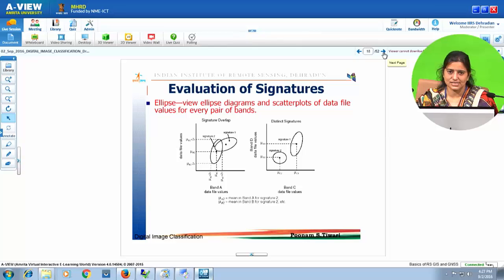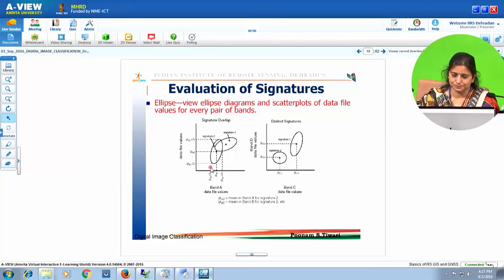Once we have collected the signatures, it is very important to evaluate whether the signatures are good enough for classification or not. A very basic method of evaluating the signatures is by drawing ellipses. So we can view ellipse diagrams. The ellipses are drawn based on the mean and standard deviation of the training samples in the different bands. Two signatures are called separable if these signature ellipses are separated in any one of the